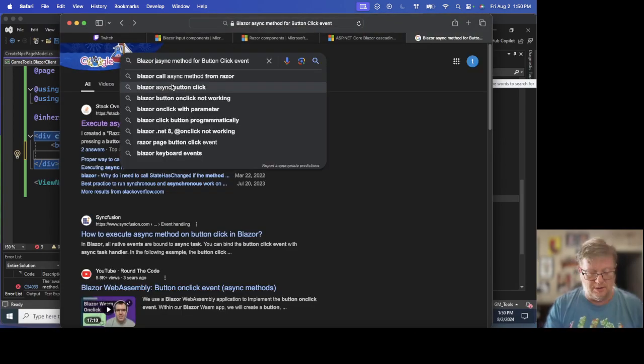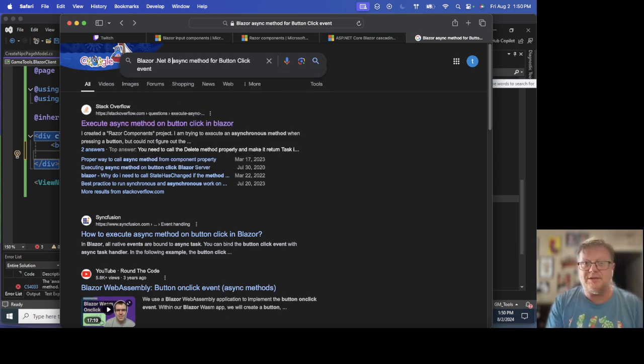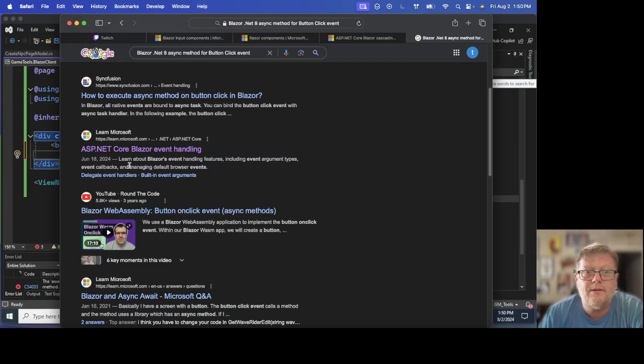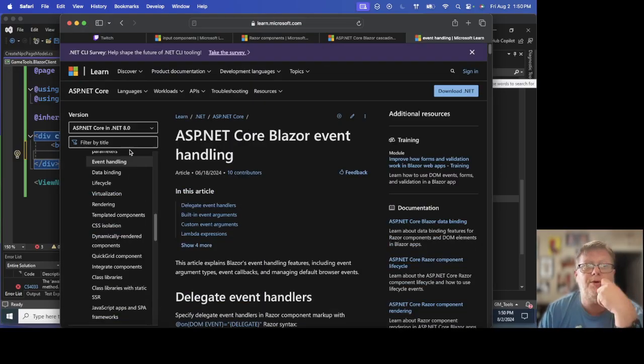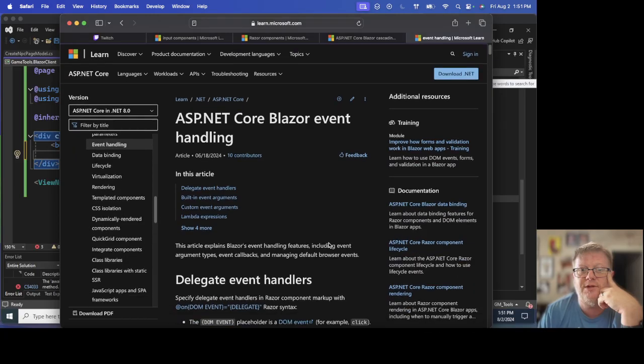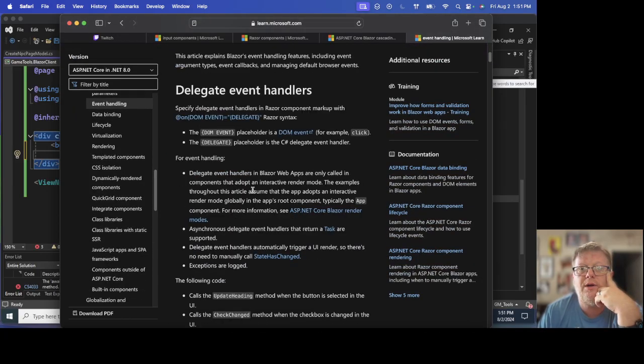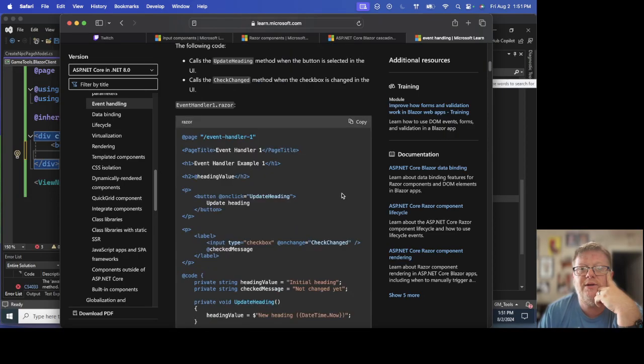Blazor .NET 8. Blazor event handling. And this is from this year. Good. Delegate event handlers, built-in event arguments, custom event arguments, Lambda expressions, etc. Okay, event handling,